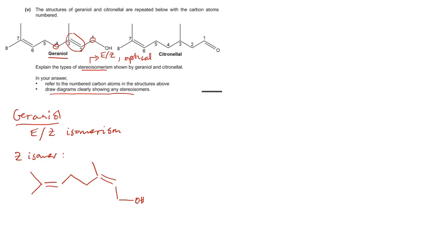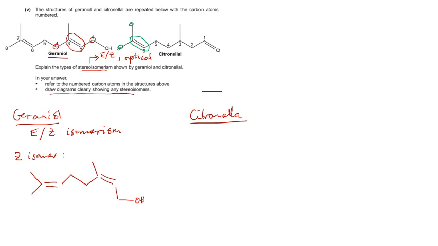All right, so then let's go on to citronellal. Let's have a look at citronellal. I'll change colour. Let's do this one in green. Now, if you look at this double bond here, then this group is the same as this group, so we haven't got EZ. You could actually do a cis-trans isomer,